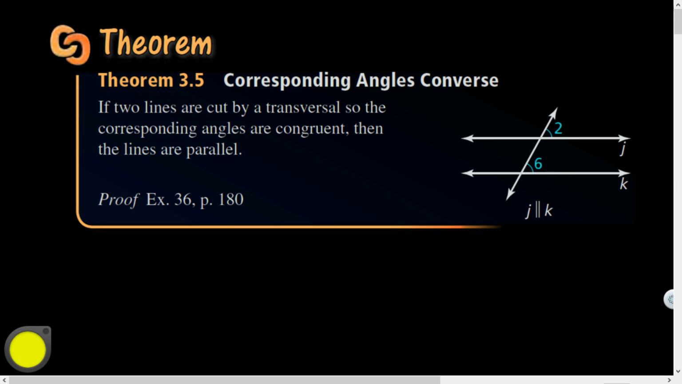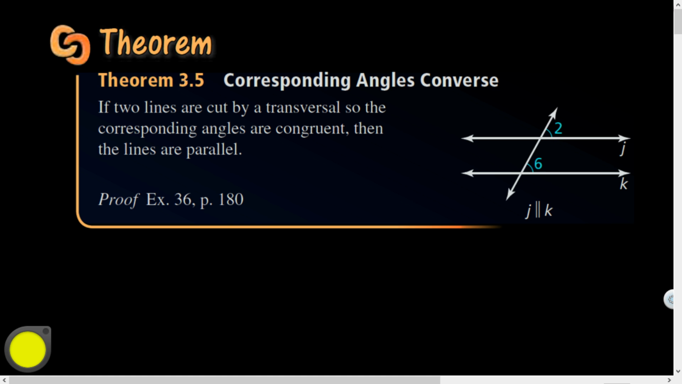Mr. Wada here, talking about section 3.3, and I realize this says 3.5 up here, but that's the theorem number, not the section number. We're talking about proofs with parallel lines. Yesterday, we talked about starting with lines being parallel and proving things about their angles. Today, we are converting yesterday's lesson, and we are starting with relationships between angles and attempting to prove the lines